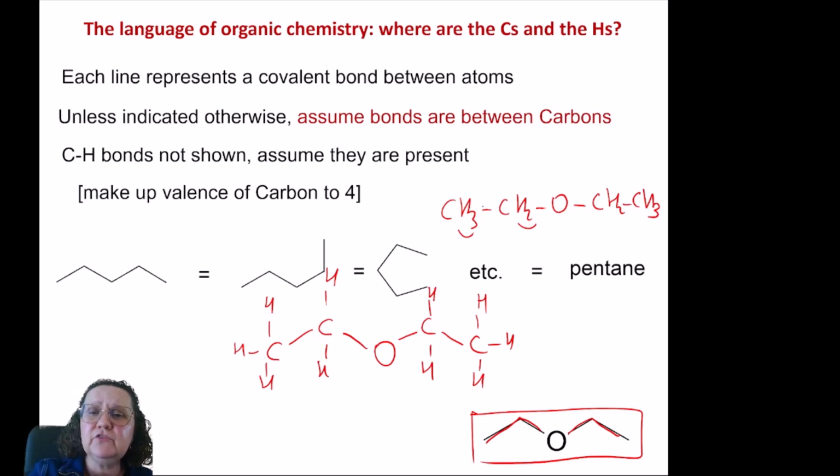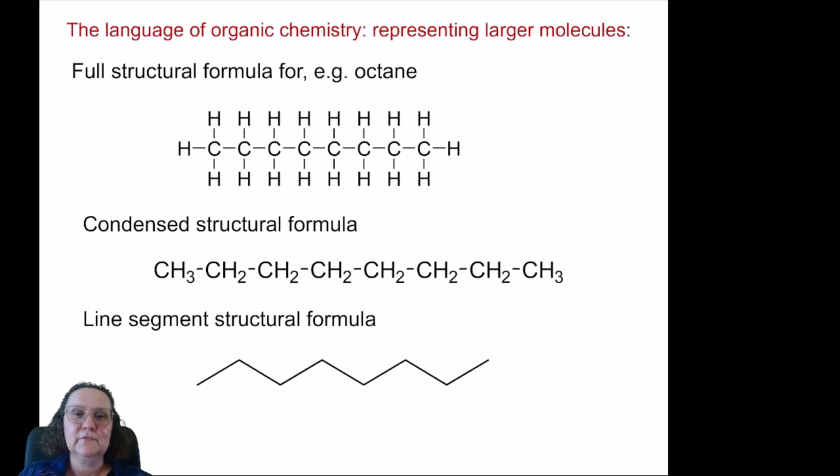And even if I randomly put a line in between a bunch of hydrogens and a carbon, I know that those lines represent bonds between carbons or bonds between the carbon and the oxygen. So here's how to represent the same compound, octane, an alkane that has 8 carbon atoms, in 3 different ways. You can give the full structural formula, so all the carbons, all the hydrogens, and all the bonds being perfectly